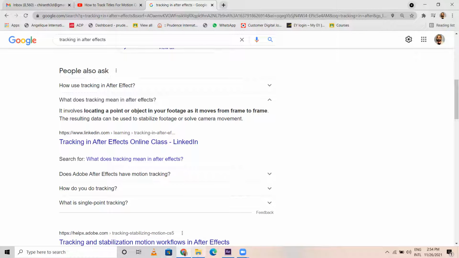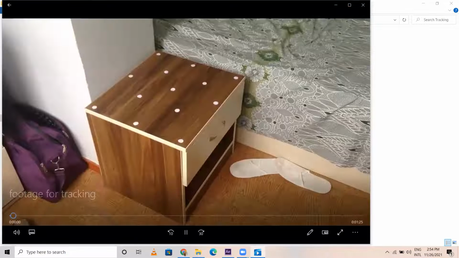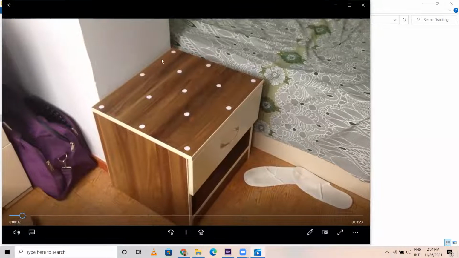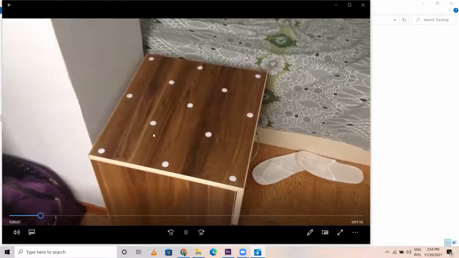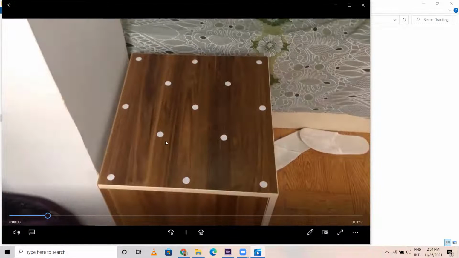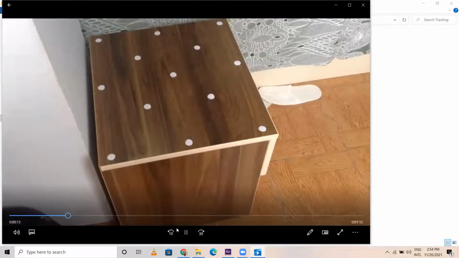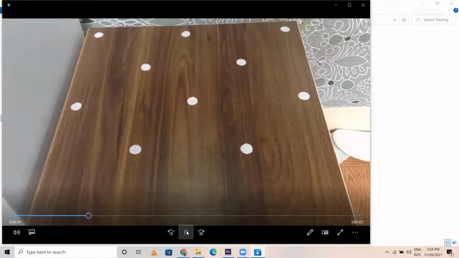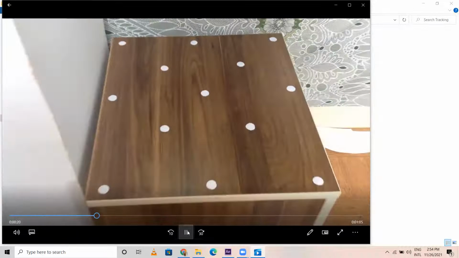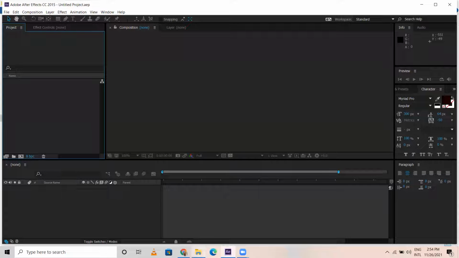So now let's see. I have a footage here, and when I play it, this is the footage I have. What I want is to add a text here, or I can make the soldiers walk here. In the last class, we did soldiers, right? The army walk can also be placed here. So now let's do one thing.